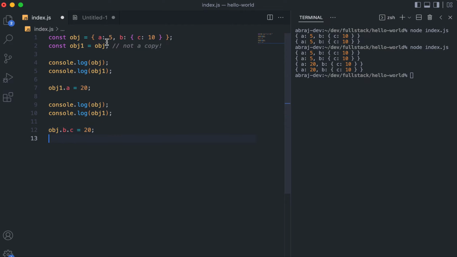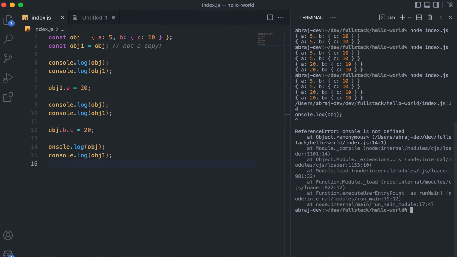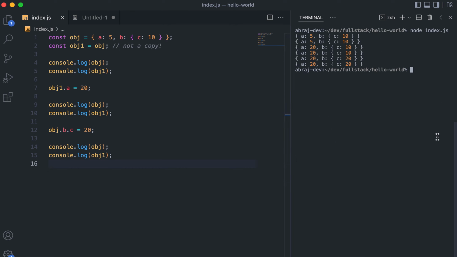And that was initially b.c, your understanding, right? Go inside obj, or for that matter obj1, both are the same only. Inside that, obj.b will give me this thing, and again .c will give me this thing, which is currently 10, and I'm reassigning it to 20. And let's print the whole thing again. Okay, there is some spelling mistake in console. Yeah, so now you can see this thing,